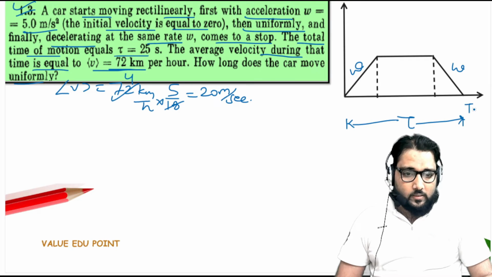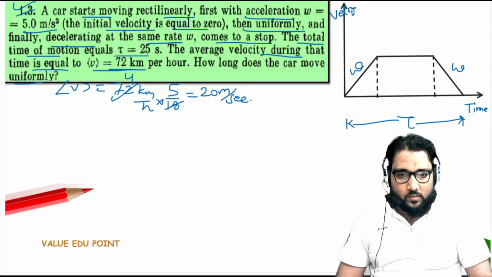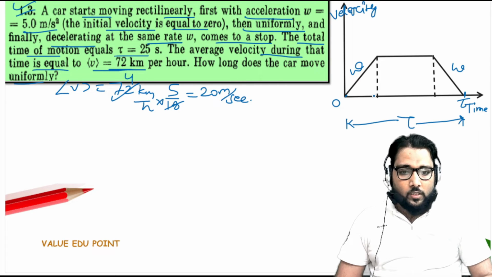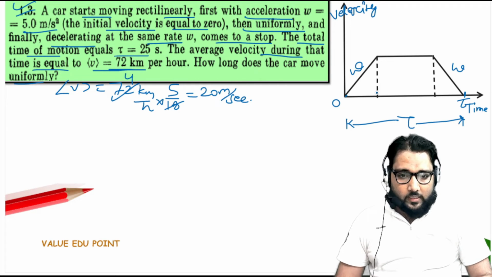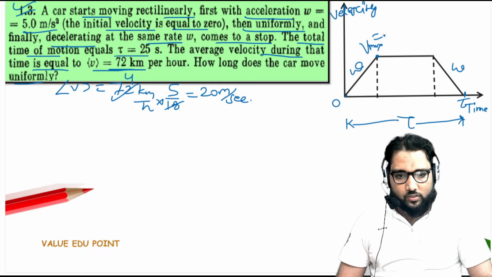Okay, and this is the time, or this is the velocity. On the y-axis this is the velocity, on the x-axis this is the time, and this time is tau, this is 0. Okay, so guys, I am assuming the time taken to achieve the maximum velocity here. Here velocity will be maximum. Okay, and we can calculate the maximum velocity: initial velocity 0, that is omega t, and the time t will come out to be